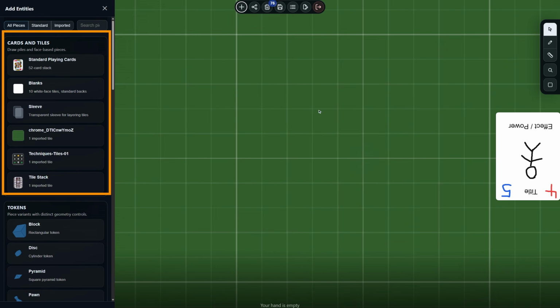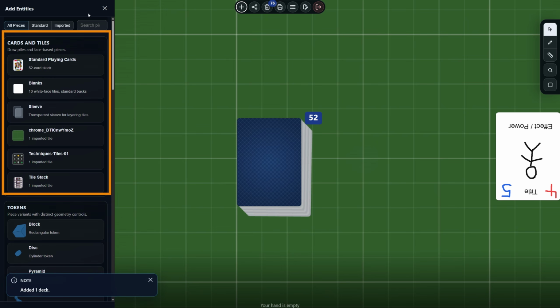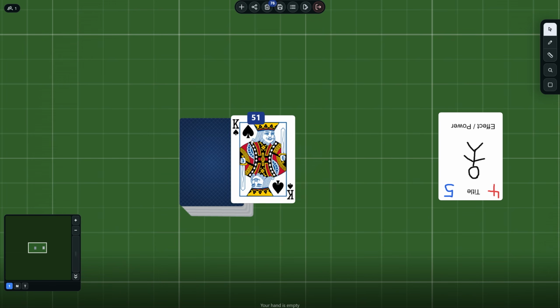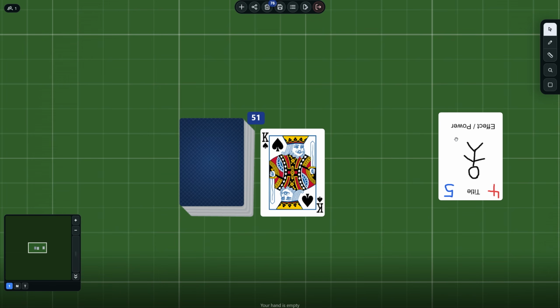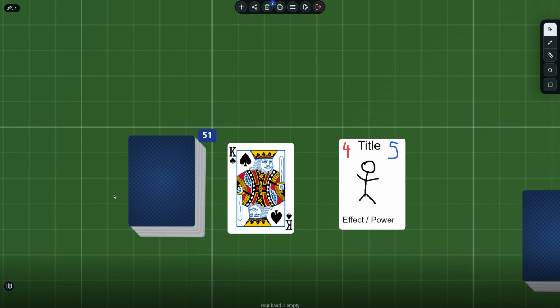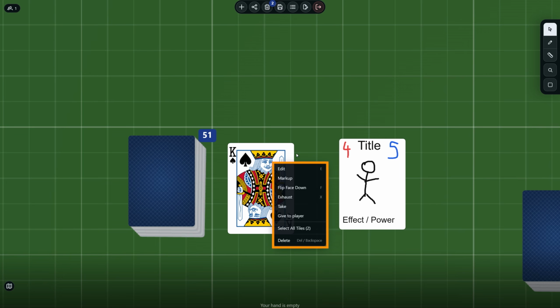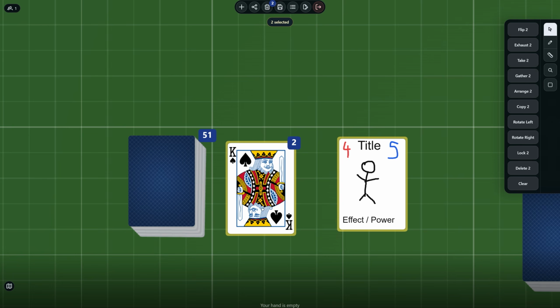In this video, I'm going to be talking about tiles and stacks, also known as cards and decks. Using a 52 card deck as an example, if I draw a card off the deck, I have one tile and a 51 card stack. And when you right click the tile, you get the options of edit, markup, flip face down, exhaust, take, give to player, and if there are more than one tile on the table, you'll also be able to select all